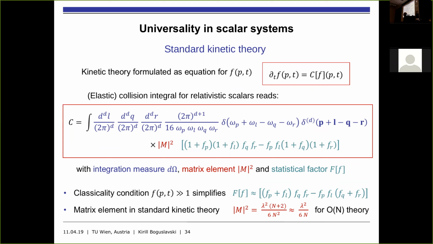So basically think about kinetic theory. In kinetic theory, this would be a 2-to-2 scattering integral, where you can think that this matrix element is just your collision current, or your matrix element. That can be whatever theory you have. However, the main structure is that you have this gain minus loss structure, where these are occupation numbers, and this is quantum and classical. So this is basically your 2-to-2 scattering, and this thermalizes. Now, the classicality condition just means that